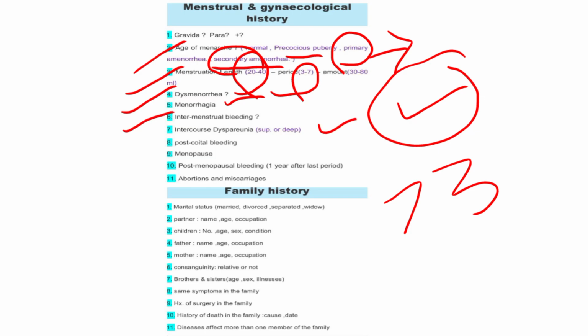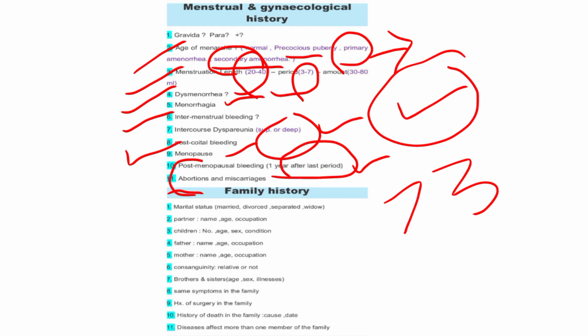Intercourse. Dysmenorrhea, this is superficial or deep postcoital bleeding. These are the things you can ask from her. Menopause age. Postmenopausal bleeding is 1 year after the last period. Any kind of abortion, when it is a surgical procedure, when there is end of pregnancy,